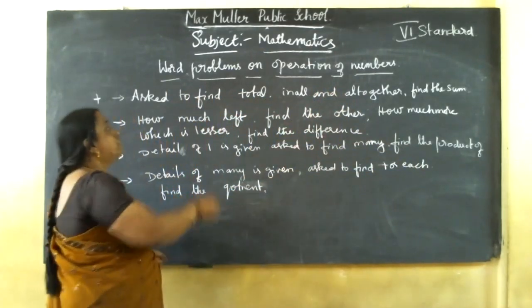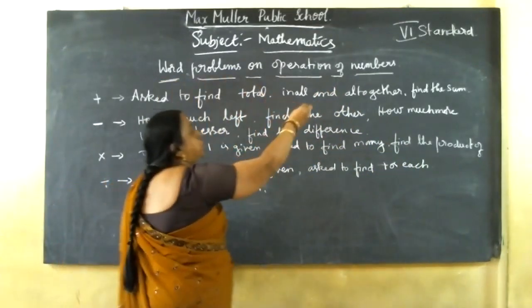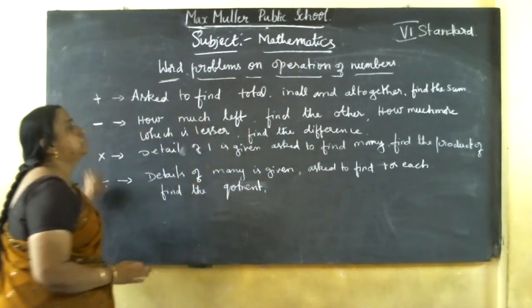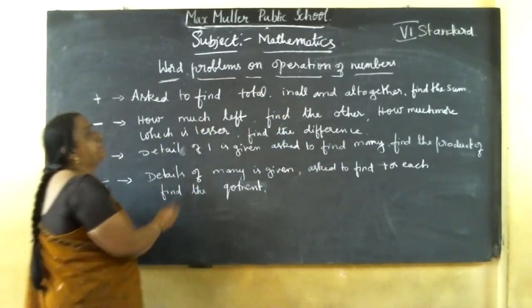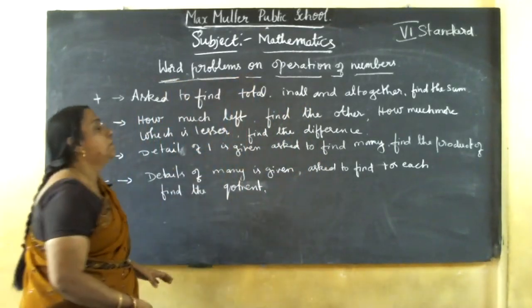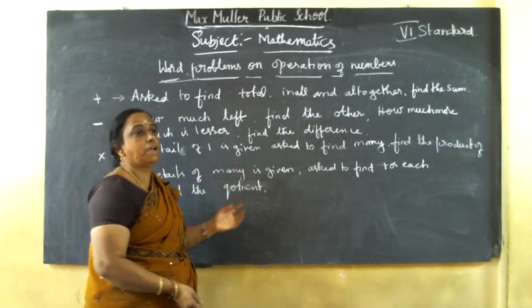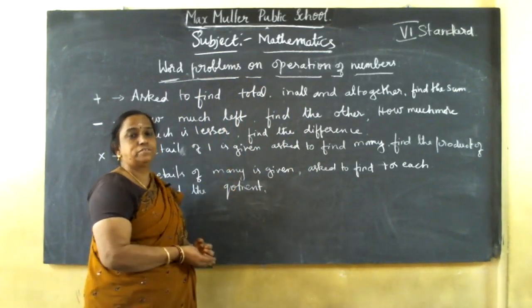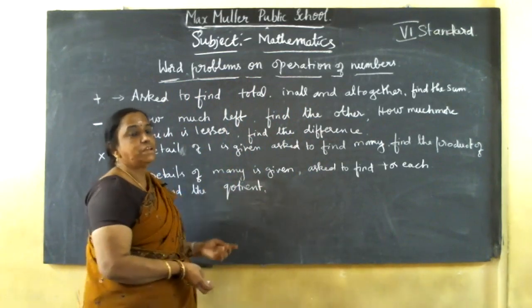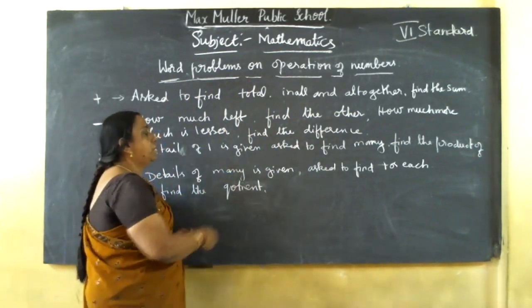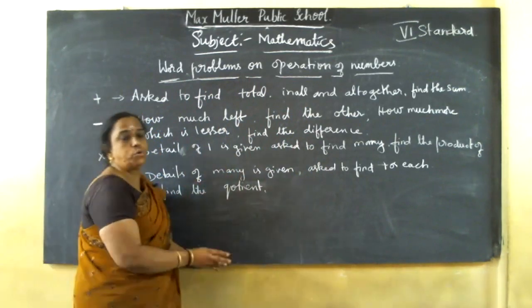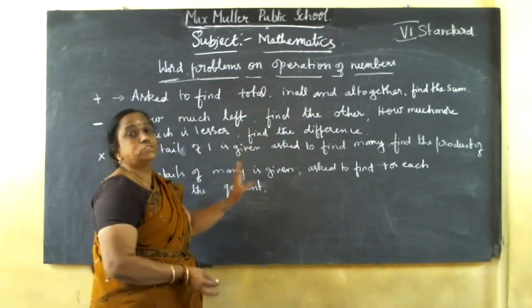So today's topic is word problems on operation of numbers. Okay. See here, word problems. So many children, if they know addition, subtraction, multiplication, and the basic operations, will still find it difficult to solve word problems, statement sums or story sums. Why? Because they don't know how to understand the question. Read the question and understand whether it is based on addition, subtraction, multiplication or division. Yes or no? Many children do all the other operations, but if statement sums come, they won't do them at all. Word problems or story sums.